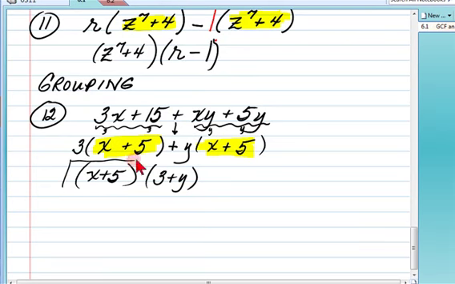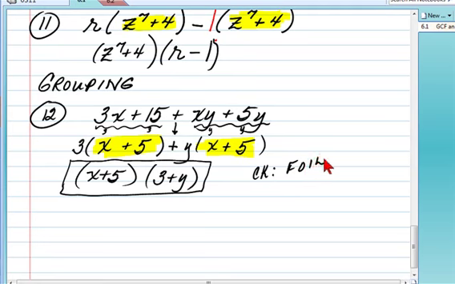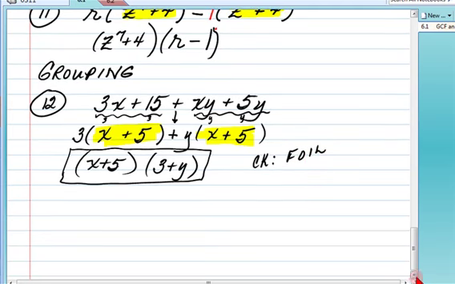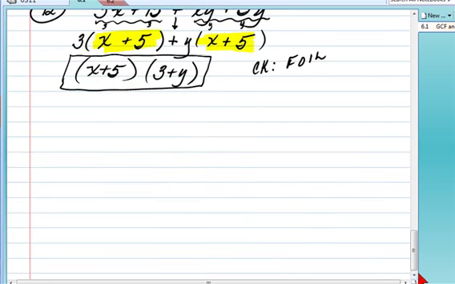Now, we've not talked about how you check these. How do you multiply a binomial times a binomial? FOIL. You check with FOIL. We will review FOIL a good bit tomorrow, so I'm not going to say a lot about it right now,